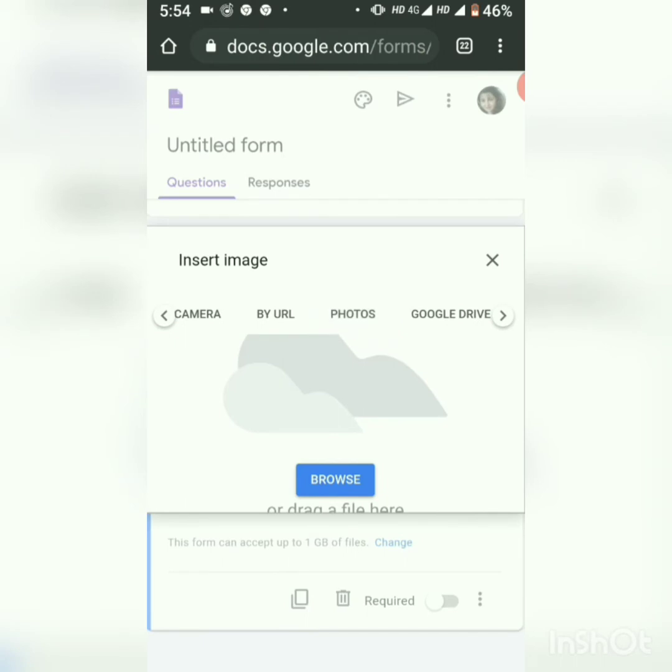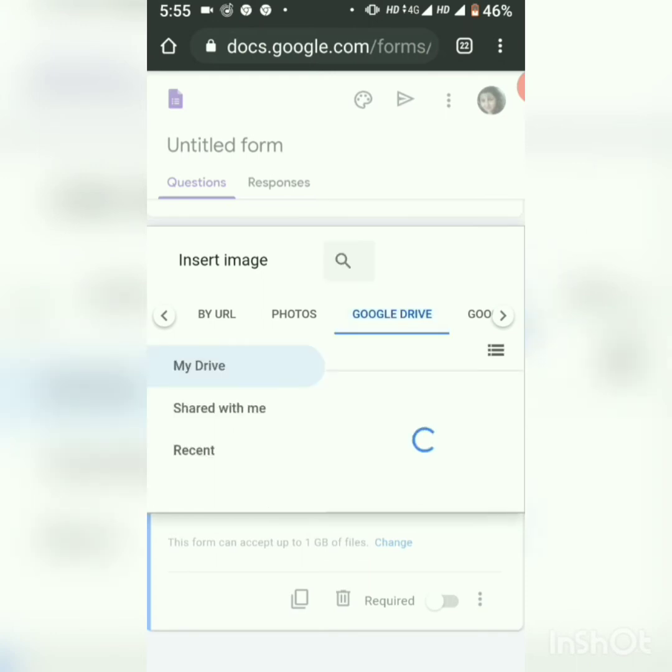Though you can upload them directly through photos or by URL, Google Drive is the safest and easiest option. I have already saved the screenshots of my question paper in the Google Drive, so I can easily access them. Now I'm going to click this Google Drive.